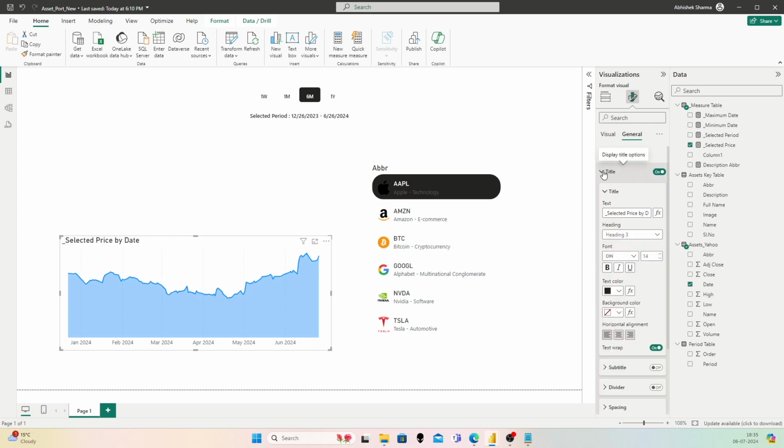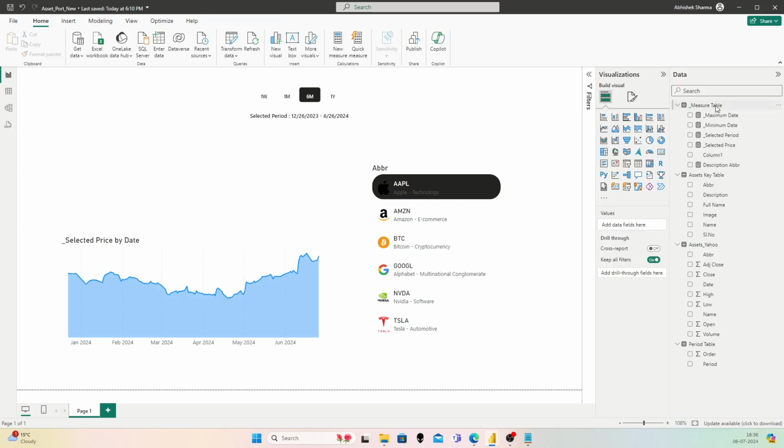So let's make the header dynamic. So here instead of this text string, let's use the price on the very last date, which is 26th of June. And then below the price, let's have the variation, just like we have in our original dashboard. Now, how to do that? So for that, we have to calculate the price on the max date, which is on the very last date, right? So let's create a measure,